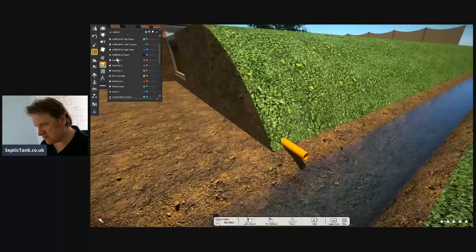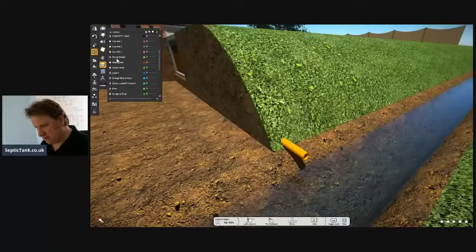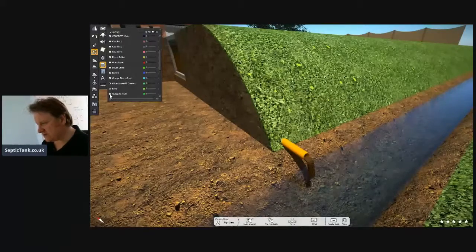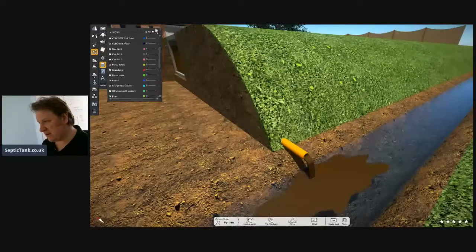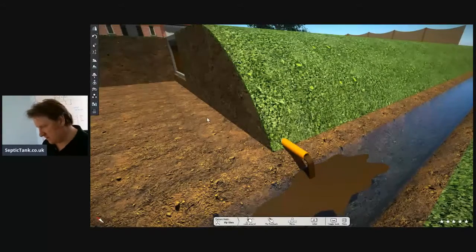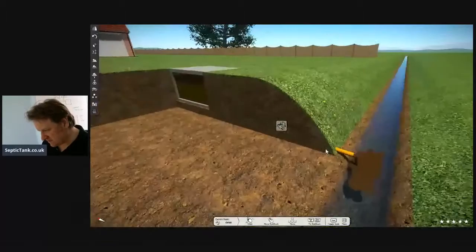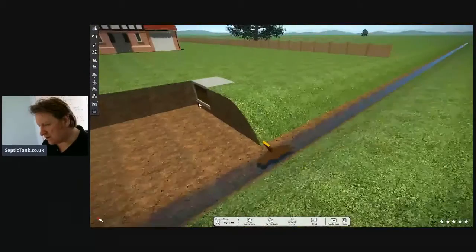Okay, so we've got, all right, so it comes out from there and then it creates what I call like a cowpat, all right? So there you go. So that is exactly what